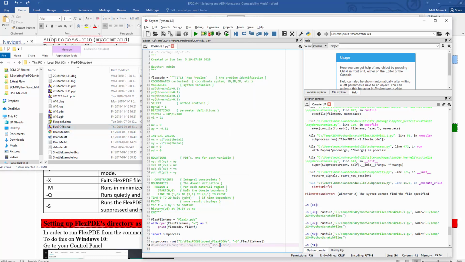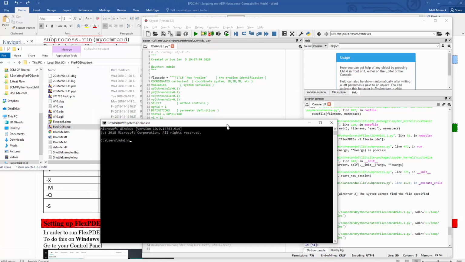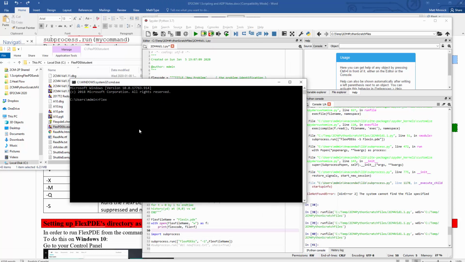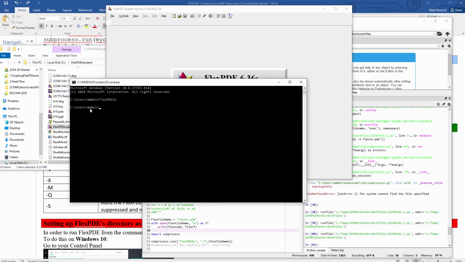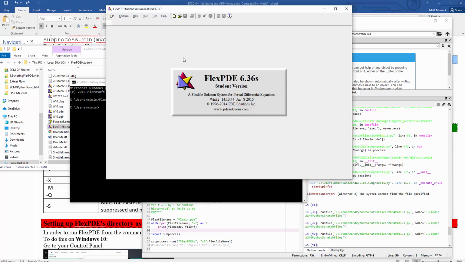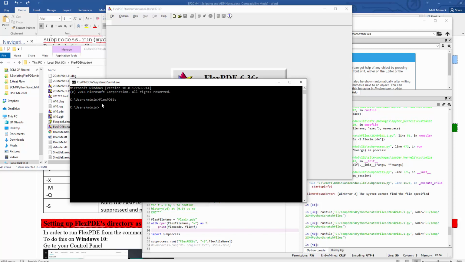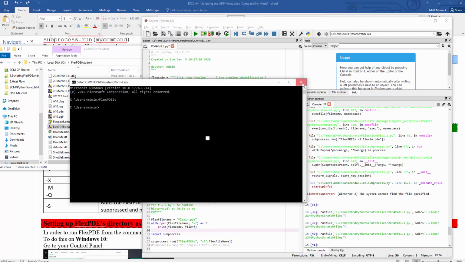The reason that I didn't need to put that before is because I've added it to the path variable. So a path variable says, anytime you execute a command from the command line, so you get like a terminal here, FlexPDE 6S, and then we can type something after it, or it'll just launch it. So even though we don't have it installed in this user's admin directory, it's going to launch it anyway because it knows where to find it, because this looks not just in the current directory but also everywhere specified